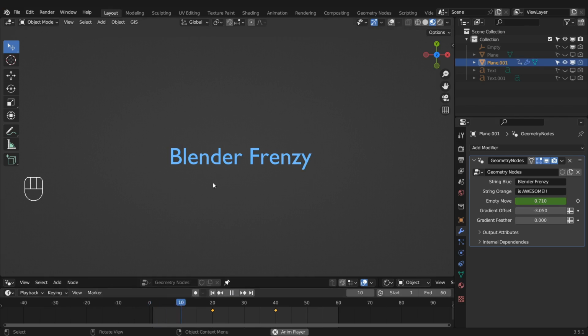So if we press play, you can see we've set these keyframes manually, and this is fine, but there's not a lot of difference between using the geometry nodes versus using the regular text and the empty just in regular 3D space. And so this just means we're not leveraging the power of the procedural aspect of geometry nodes to its full potential. So I'm going to go ahead and get rid of the orange text here for now just to demonstrate this. So right now we've got this animation which works just fine, but let's say I want to